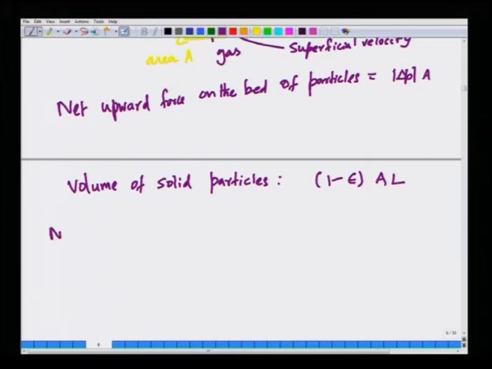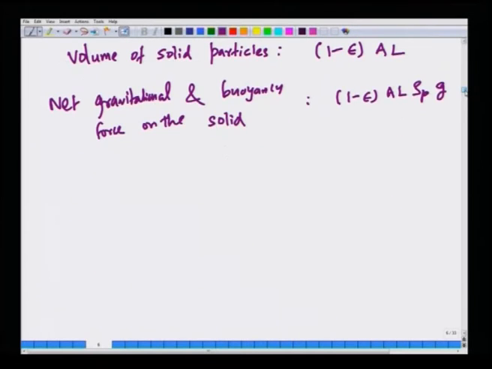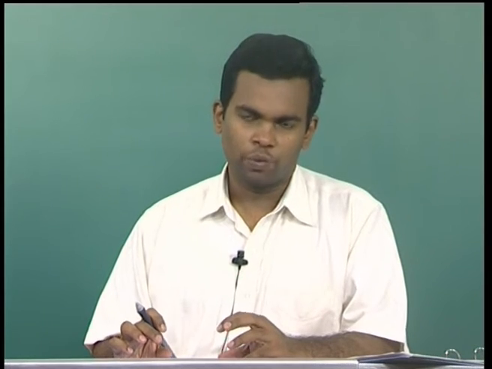Okay. So, the net gravitational and buoyancy force on these solid particles is given by, I am going to multiply the solids volume by the solid density, the particle density, and then the acceleration due to gravity. When these two are equal, that is the onset of fluidization, because